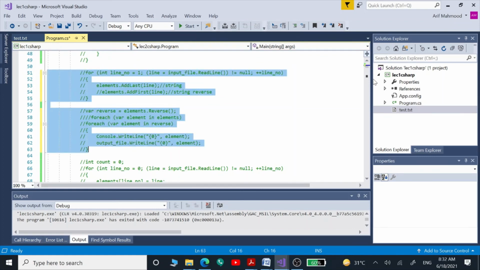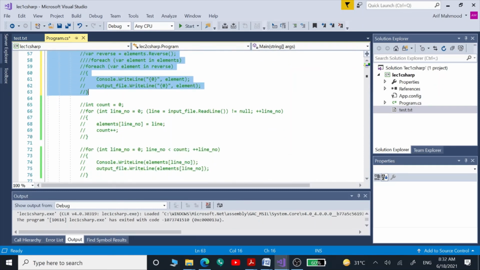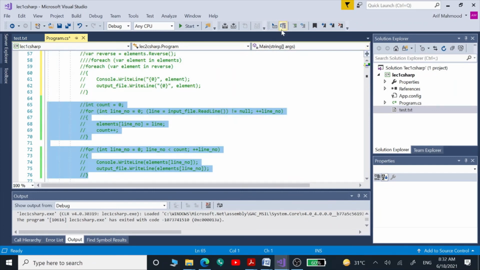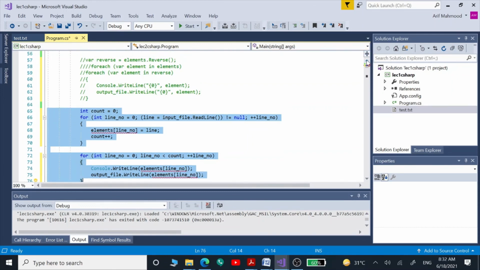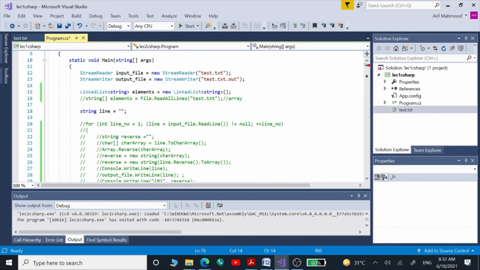And now we can see how we can reverse an array in our C# program. So we are going to include these two code lines, and what we are going to do is define our elements variable now as an array rather than a linked list.